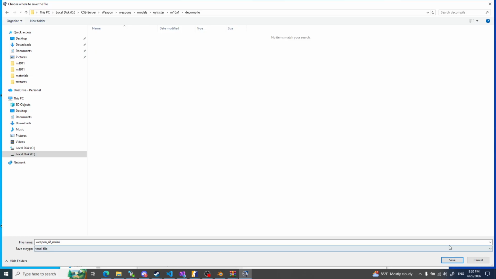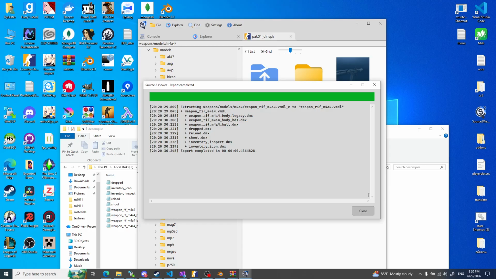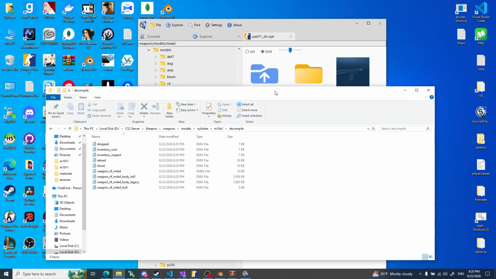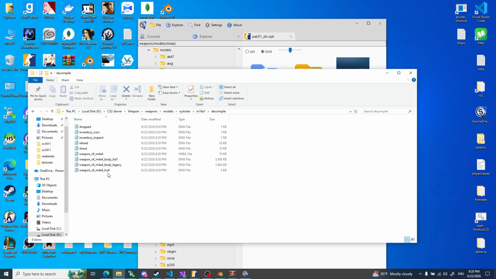The reason that you don't decompile it directly to your workshop is because the CS2 workshop is gonna get confused when it has the source files of the guns that are not supposed to be in the workshop tools there. Okay, so now I got it, so I rename it M1601,